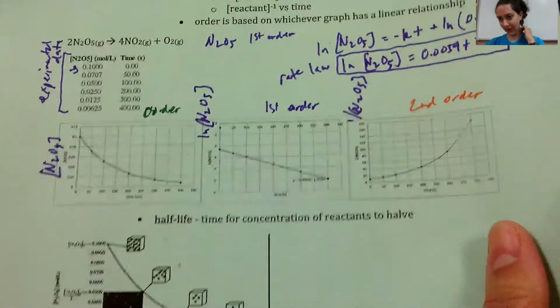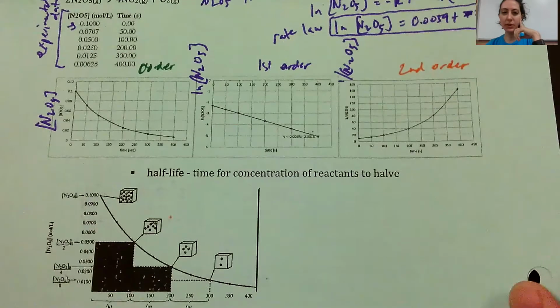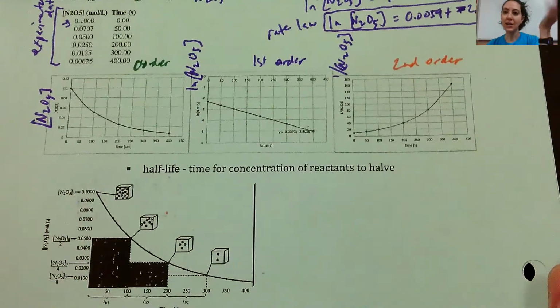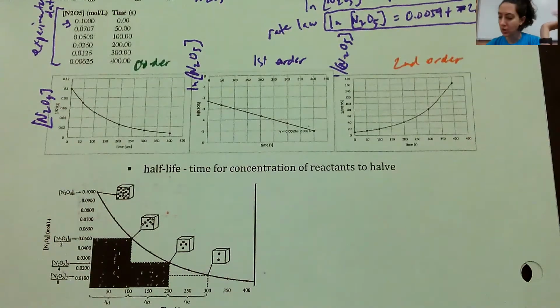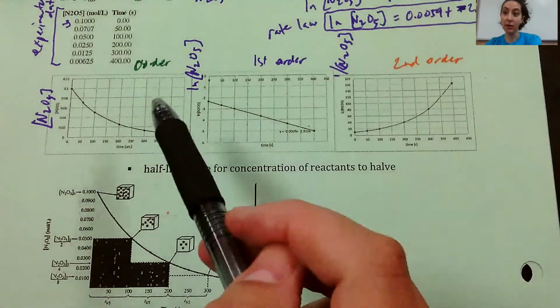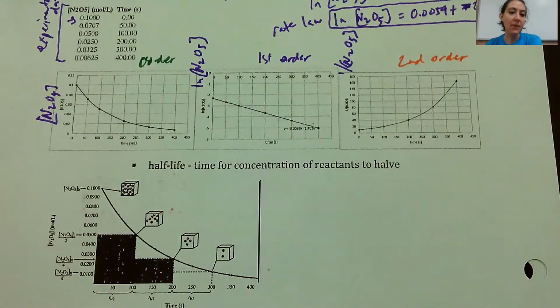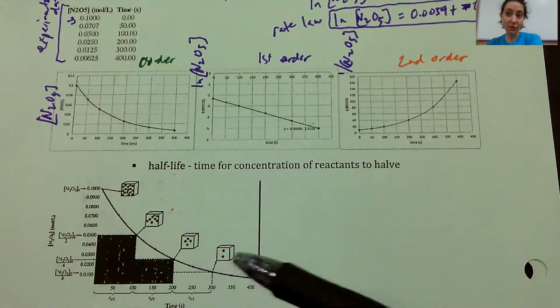So let's talk about half-life next. Half-life comes up just a little bit. It's not a pretty major topic, but it's important to think about. The half-life is the time for the concentration of reactants to be cut in half. This is the exact same graph here, just with a different kind of diagram. You can figure out the half-life with a graph pretty easily,